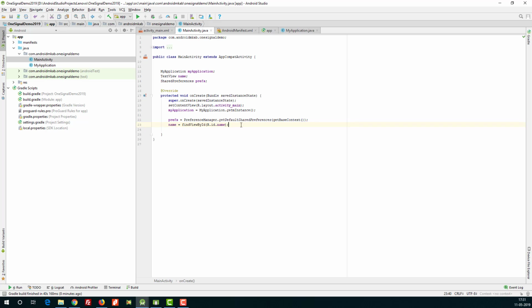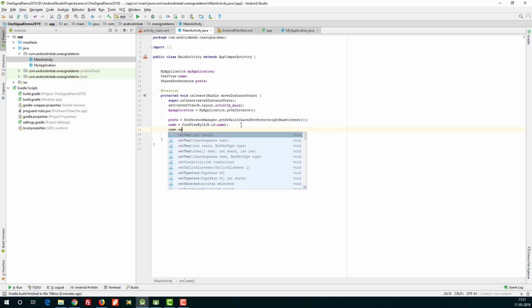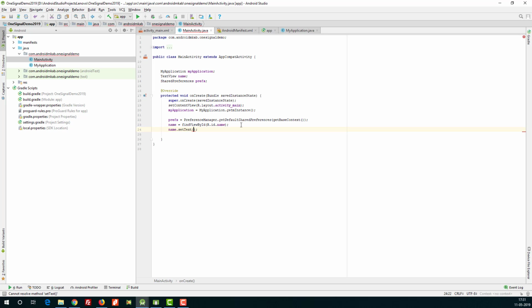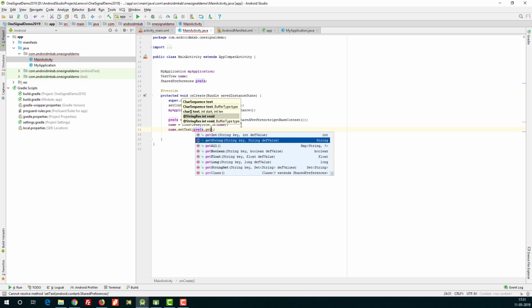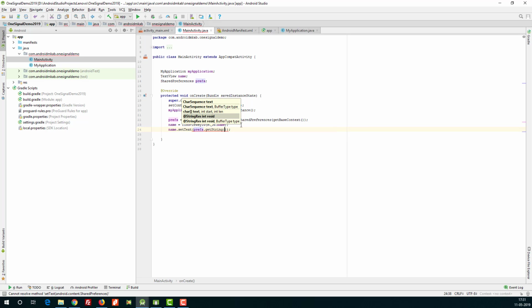Then what we have to do is name dot set text, prefs dot get string, name received.